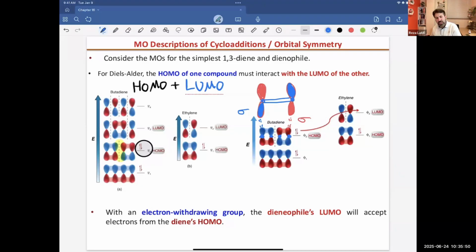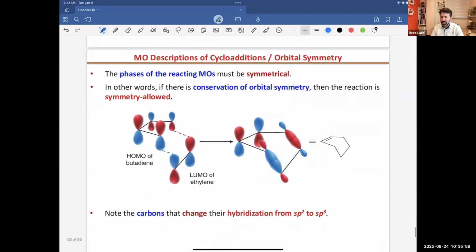So we're going to get a ring that has 6 members. So I'm going to say this interaction will be in favor, it will be fine. But what will happen if we have, let's say, a smaller number of double bonds? And the interaction that we are studying until now is 4 plus 2. 4 stands for 2 double bonds, or 4 p orbitals on the diene, and 2 stands for 2 p orbitals from